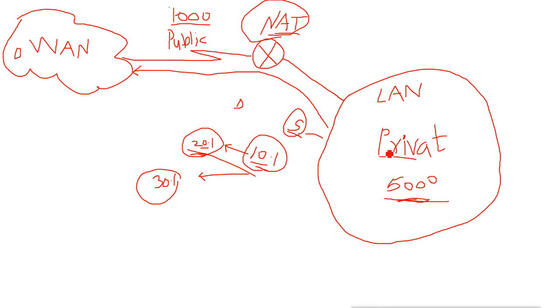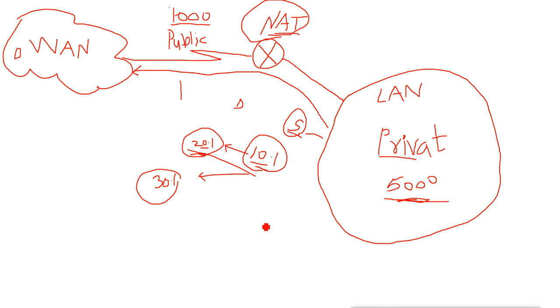Then we can use another thing which is called PAT. Now what does the PAT configuration do? It actually uses port address translation. That means it will not use different public IPs for different private IPs. It will use a single public IP. That means we don't need 1,000 public IPs; we can use only one public IP for all 5,000 machines. So it will just use one IP, and what it actually does is use the source port.